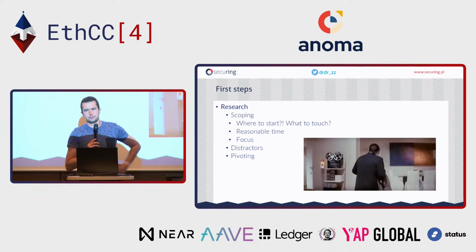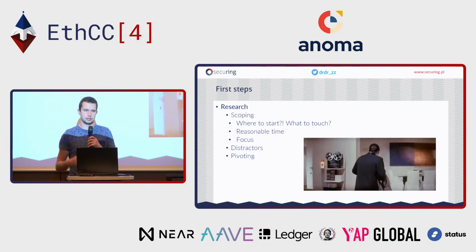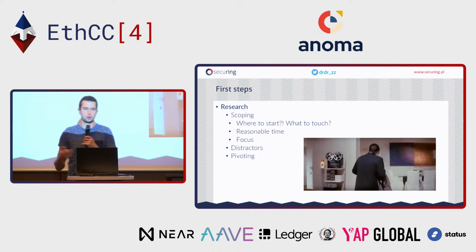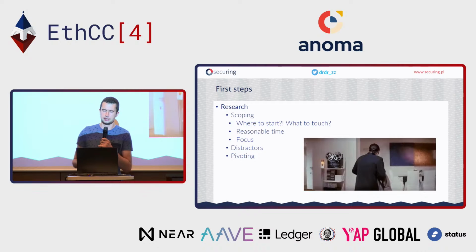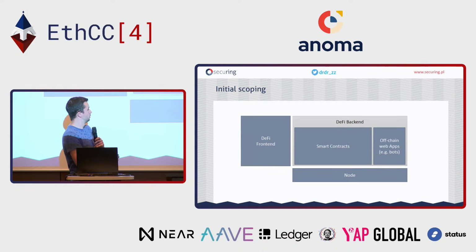And after you do good scoping, it doesn't mean that you'll have no distractors, right? So I'll also show you a few examples of distractors and how to handle them, because if you have too many distractors and if you follow all of them, again, your research is gone because you're not going to finish it. And sometimes those distractors end up with pivoting, which is nothing bad. But if you do too many pivotings, again, you're not going to finish your research. So I started with